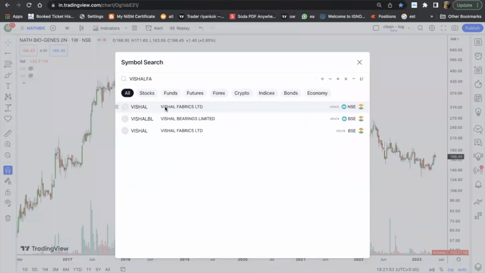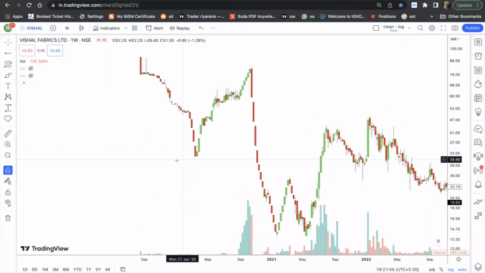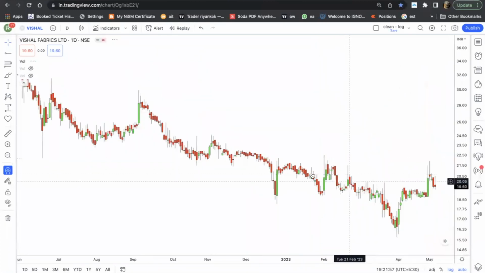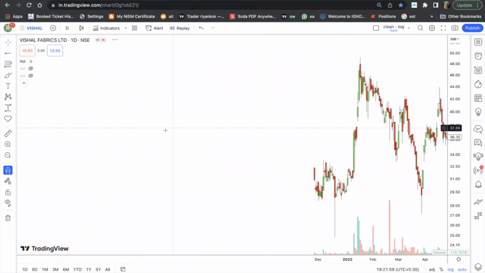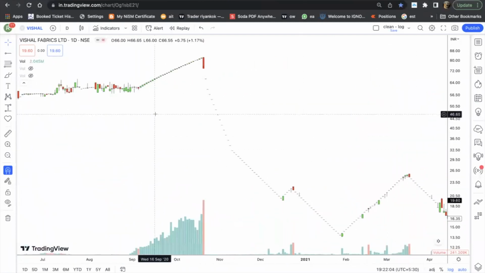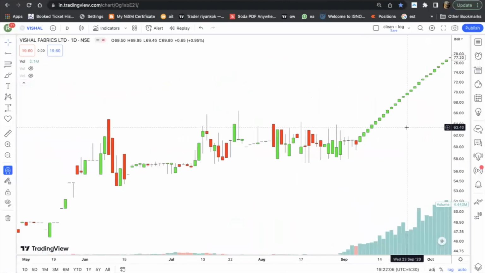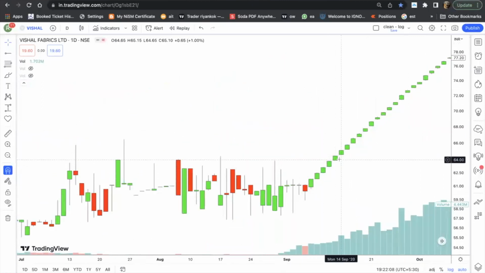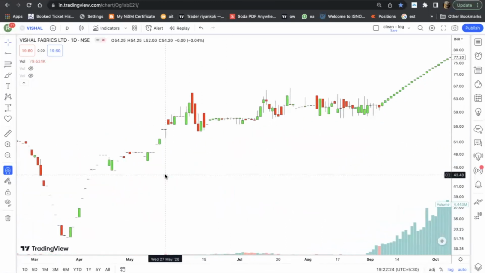Yes, basically there are two tables. One is the table for buying continuously and one is selling continuously, which creates the artificial volume. And they somehow manage to close the share price up by 0.5 to 2.5% every day. So every candle is like 1%, 0.85, 1.28, 0.95. You can see right here, right? Yes, that's how it is. And before the trap pattern, the stock was behaving like another normal stock. Yes, right, like a normal stock.